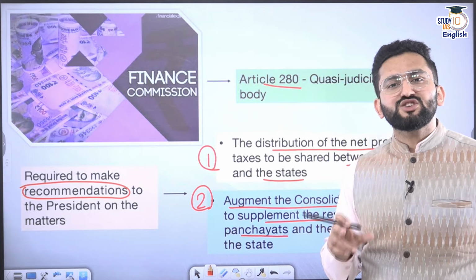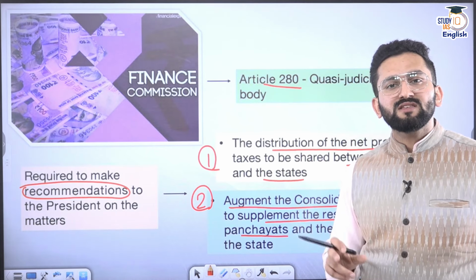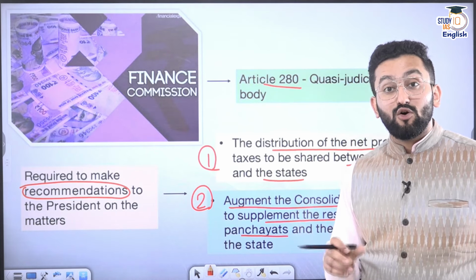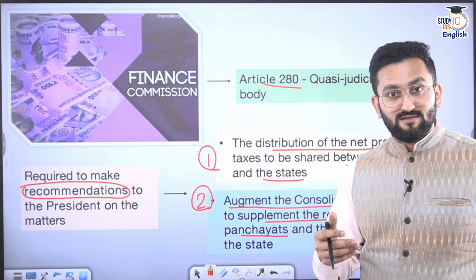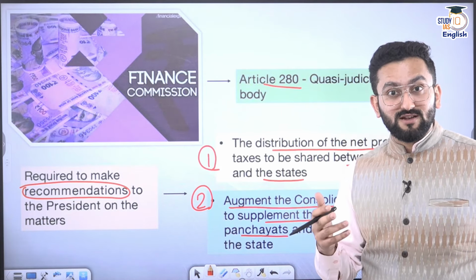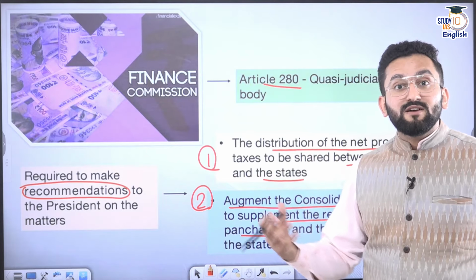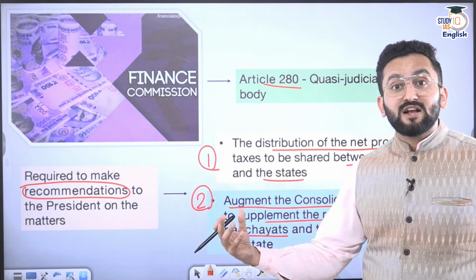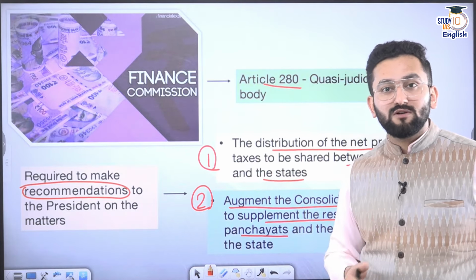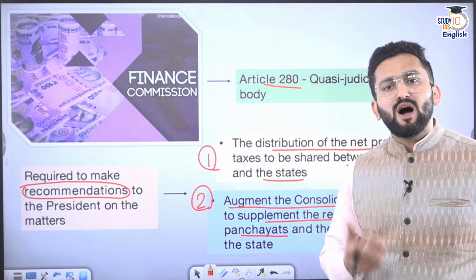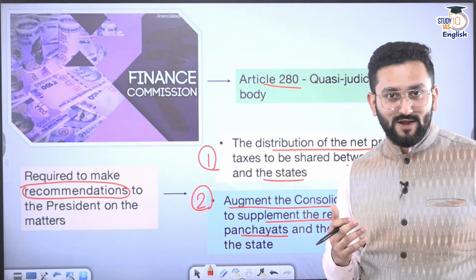My friends, such status was given to it by the Constitution, keeping in mind that Finance Commission is going to decide on or give recommendation on division of proceeds, these grants between center and state. So it may require an area where other states will come to the Finance Commission and say, these are my grievances, this formula is faulty. So in that context, you have to work as a judicial body also, a quasi-judicial body. Okay. Now,